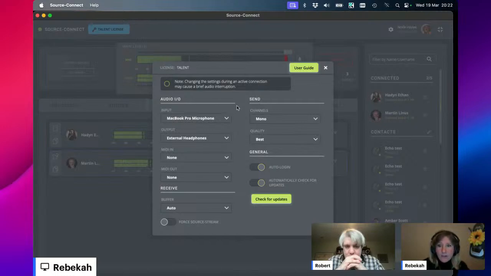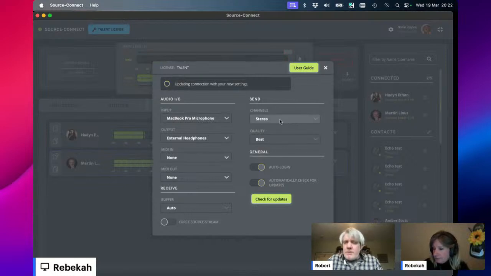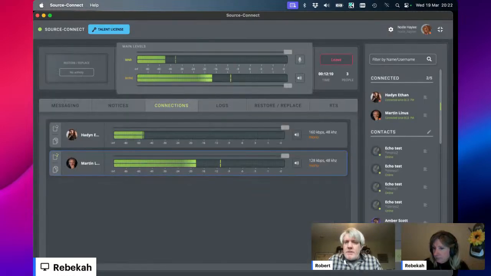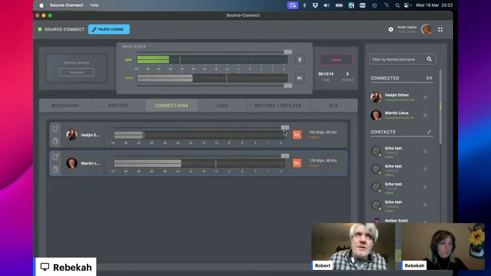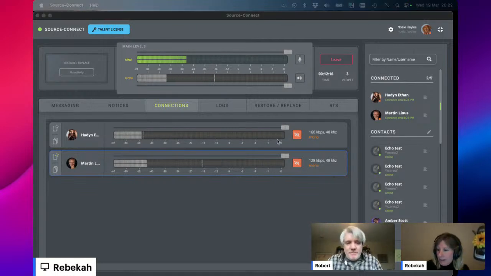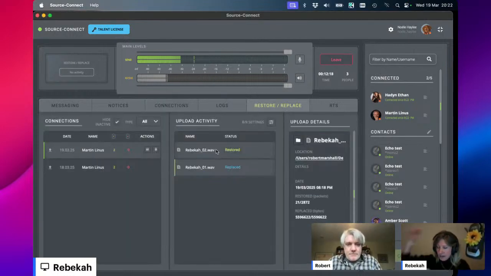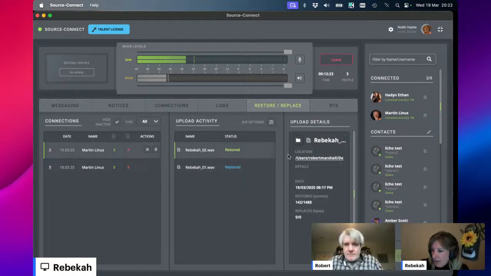And this should just feel very familiar to any other application, which is also something that we wanted to make sure. I could change the stereo. I want to make sure that I'm not double routing everyone. Rebekah, are you muted on the stream? I want to make sure, because you're going through. Okay, good. So yeah, and then also we can see here when Robert was recording me, I've got a backup